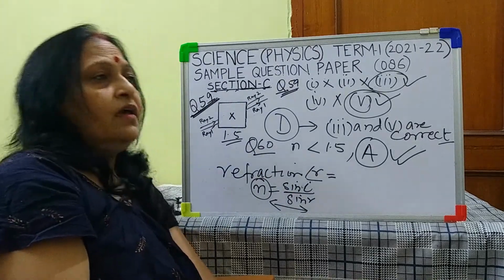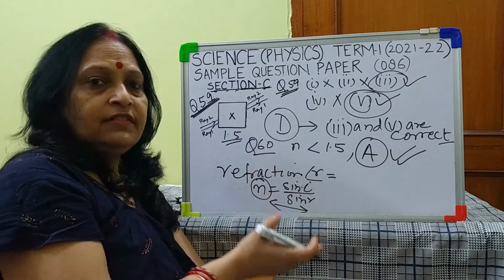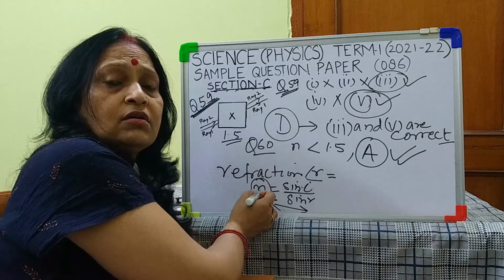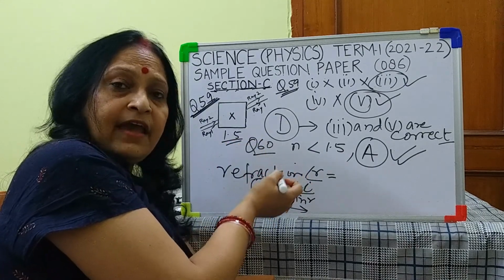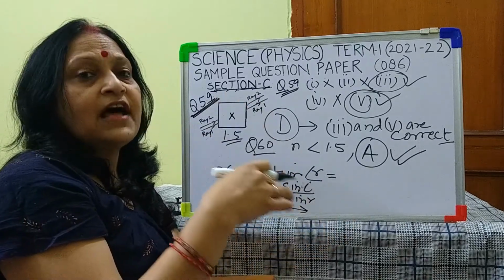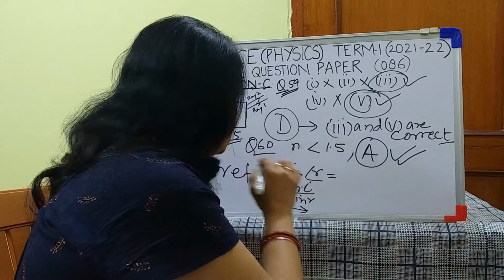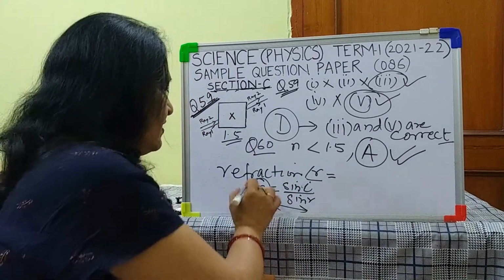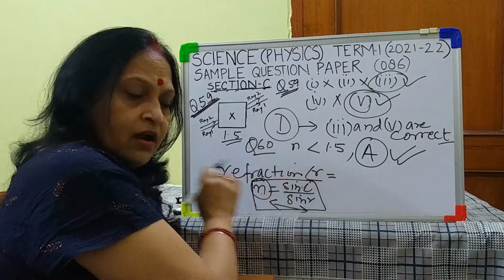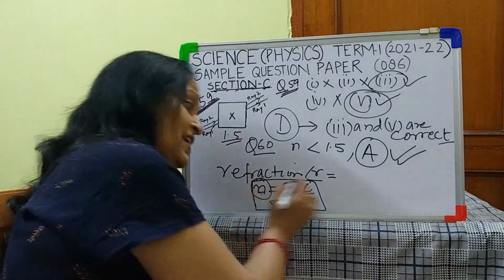Or you can say that whenever there is an increase in the angle of refraction, there will be a decrease in the refractive index. If r is more, then n is less. And when n is more, then r will be less, that is, the angle of refraction will be smaller. So according to this statement, which is based on n equals sin i upon sin r, the lateral displacement changes as the refractive index is getting less.